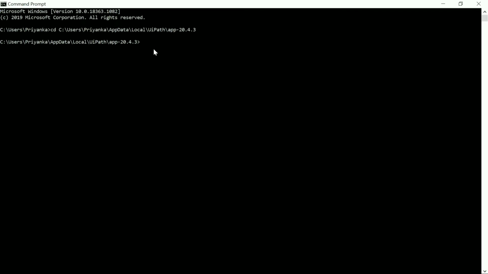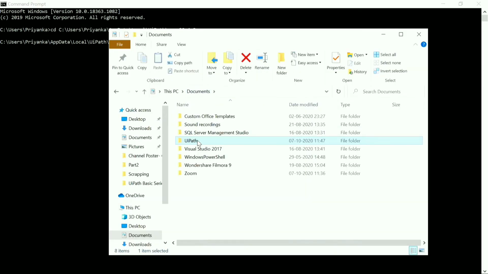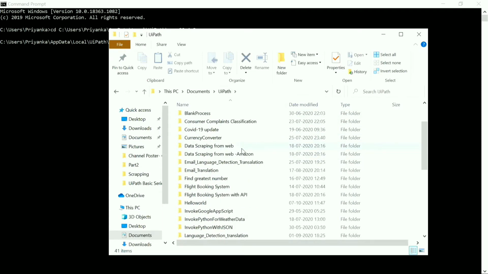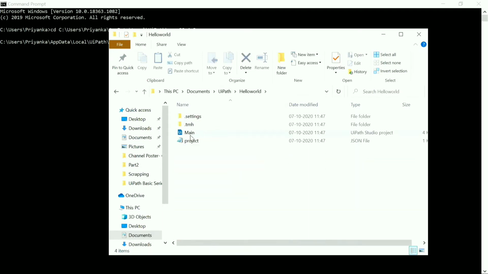To run or trigger the process, we need to type uirobot.exe execute --file. Now we have to provide the file name, which is the main.xaml file that we have created for the hello world process. So to provide the file name, we need to navigate to the folder where the hello world main.xaml file is located.